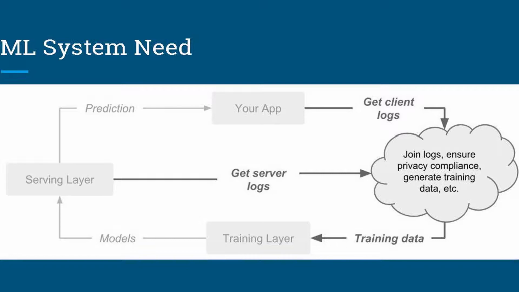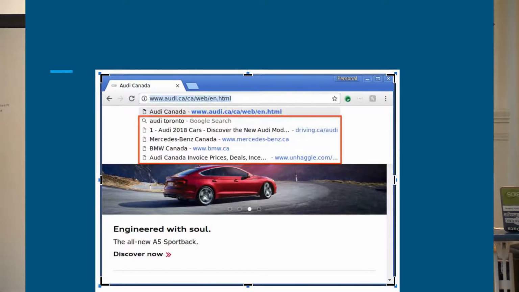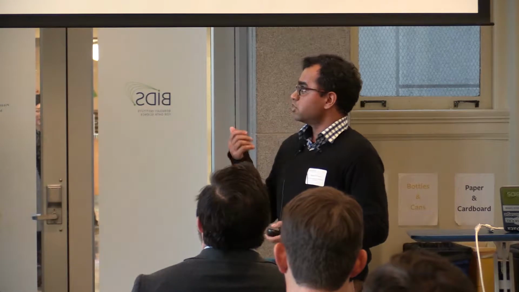When I started building the content recommendation system for Chrome, we built something like this. The idea is very simple. The user is on this page. In this case, it's an Audi car, and we are giving suggestions in the drop down. So Mercedes, BMW, something like that. And first, when we built the model, we realized that just the URL is not good enough to build any model, right? Because it's just a long string. We did tokenization, we did a lot of techniques, but just the URL was not good enough.